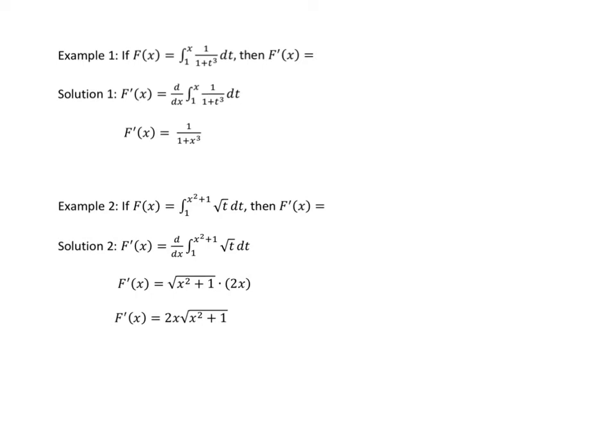So this first example, if we have a function, F of x, is the integral from 1 to x of 1 over 1 plus t cubed, and our goal is to find the derivative of big F. All you have to do is plug in whatever's up top. Here it's just x. Just replace the t in the equation with x, and you have your answer. Because,